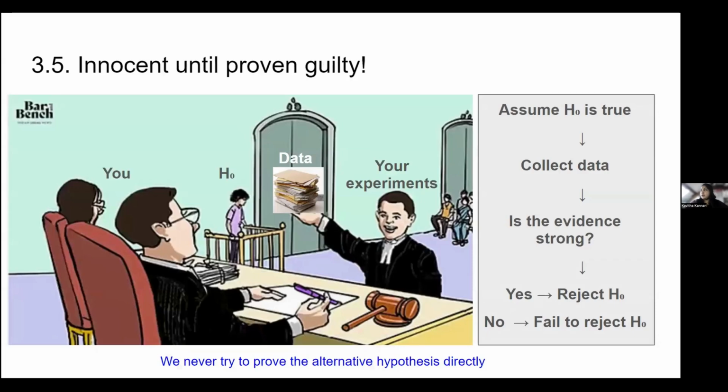A clear way to go about this, an easy picture, is a courtroom, for example, where the null hypothesis is the convict. That's the criminal, who you're putting to jail, or who you're testing in front of the judge. The judge is you, right? You are going to say, is he going to jail or not? And then the evidence that you collect.